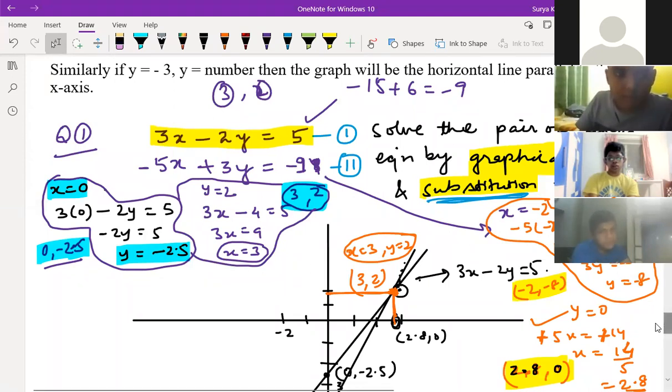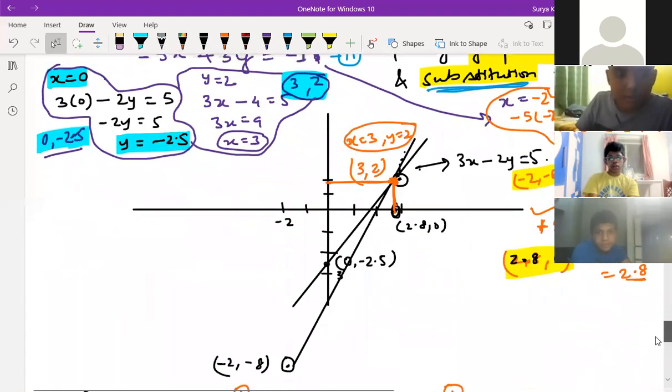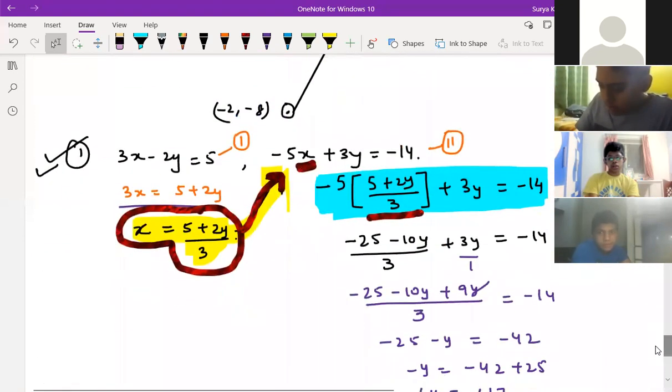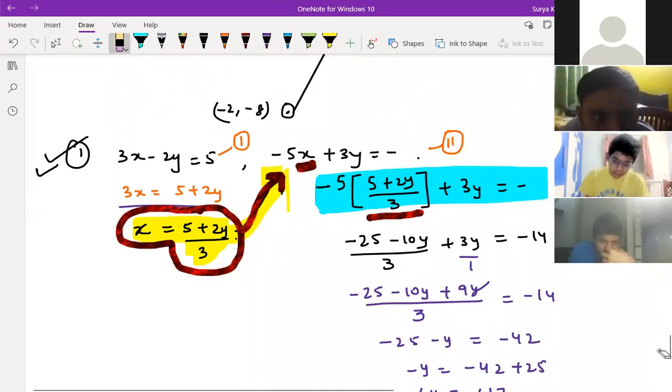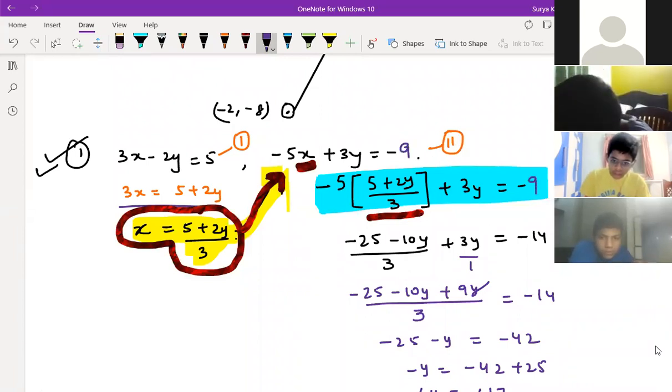Okay, it's not that clear cut. But what should be here, children, tell me? Instead of this 14, what should be there? Minus 9. Okay, keep minus 9 over here. Then it should come out properly. Here you put minus 9. Sorry, children, I didn't put this correctly. So you get here 9 and put here 9.